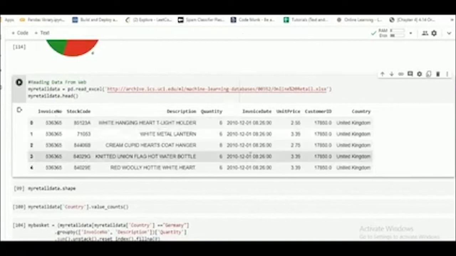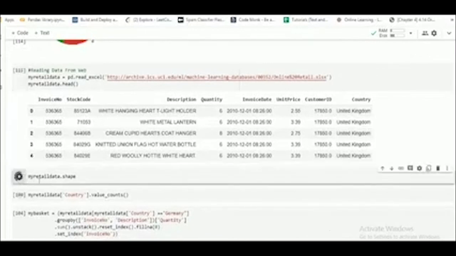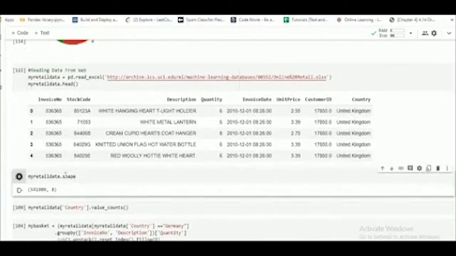As I already said, it's retail data, so it has all the information regarding that, and we already know retail data shape will give me the size of this data set. There are a total of 541k plus rows and 8 columns.